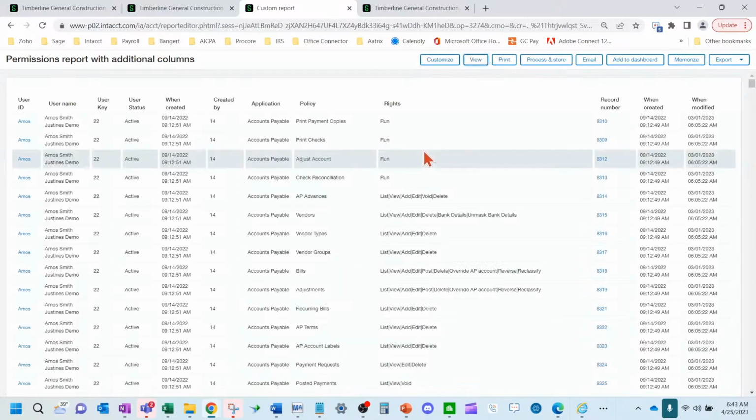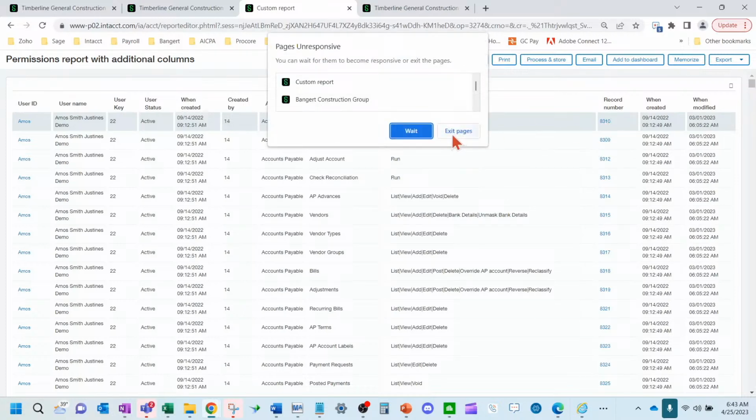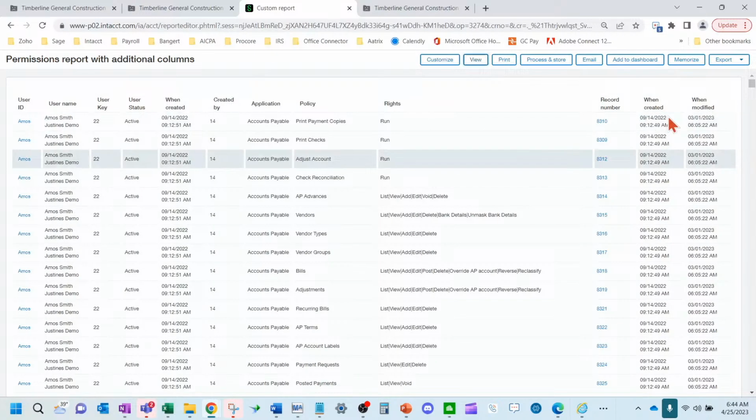we'll view this. You can see that it gives, and this can also be customized to add even more, but you can see that this user has created an accounts payable bill. Here's the record number, when it was created, when it was modified. You can also add many more fields. So, if this isn't enough for when the auditor is looking, they can drill down into these numbers. You can add more fields here if it was modified again.